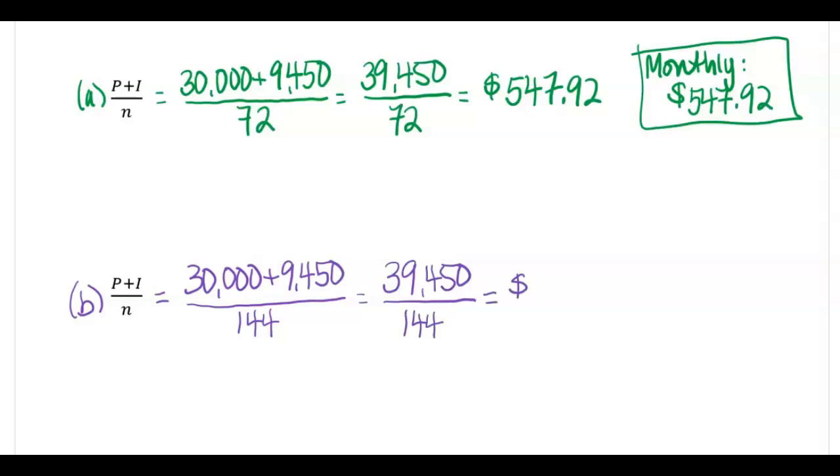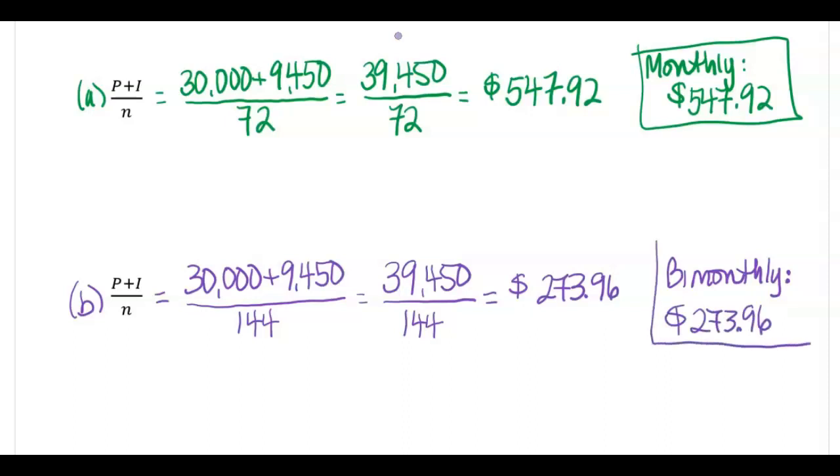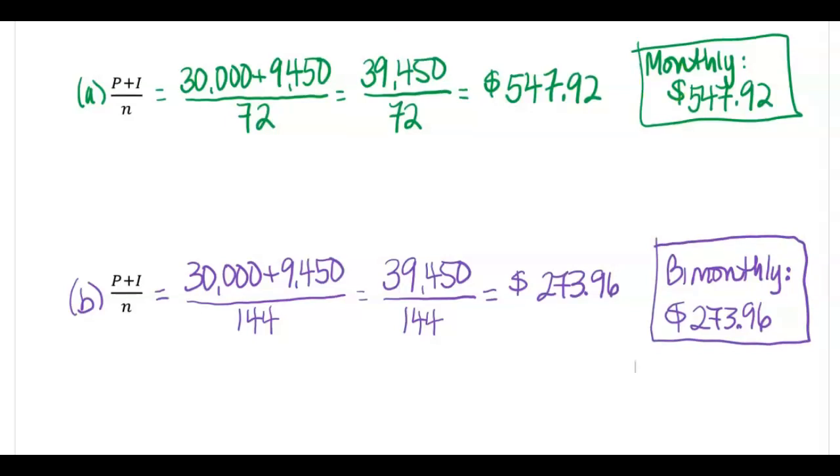The bi-monthly payments would be $273.96. So the bi-monthly payments would be $273.96. Notice for the add-on loan, which is different than the installment loan, the interest is added on at the